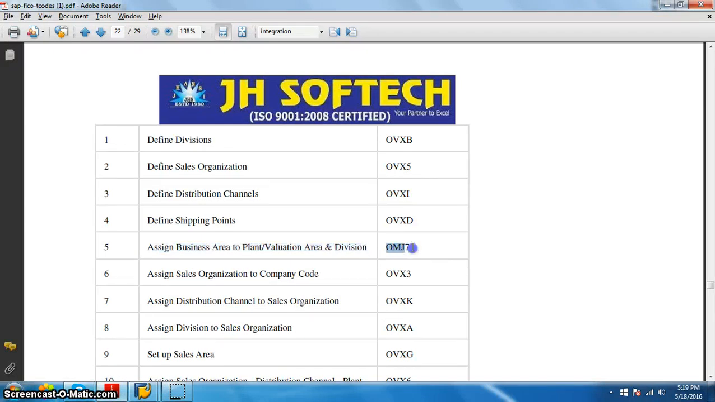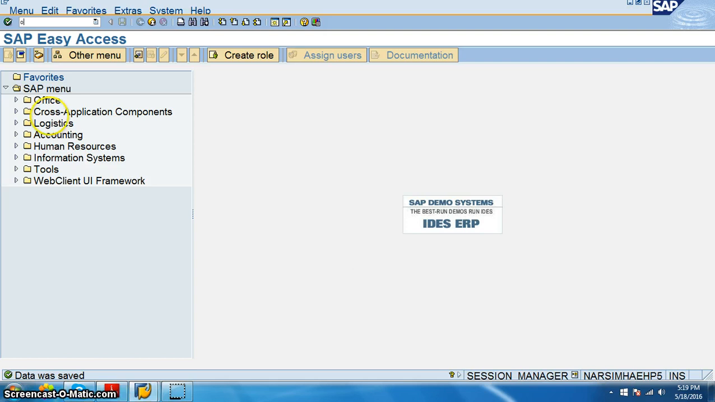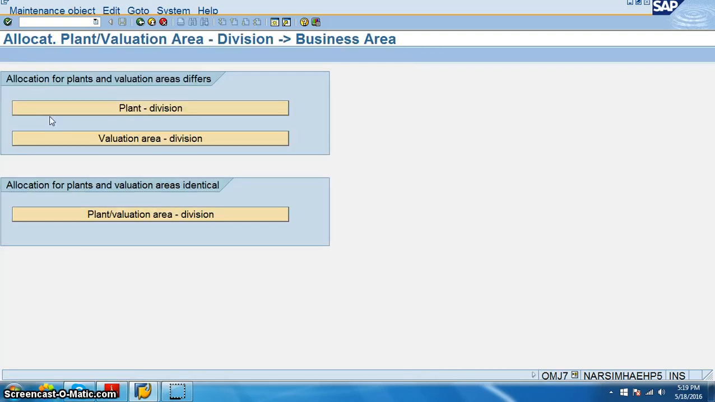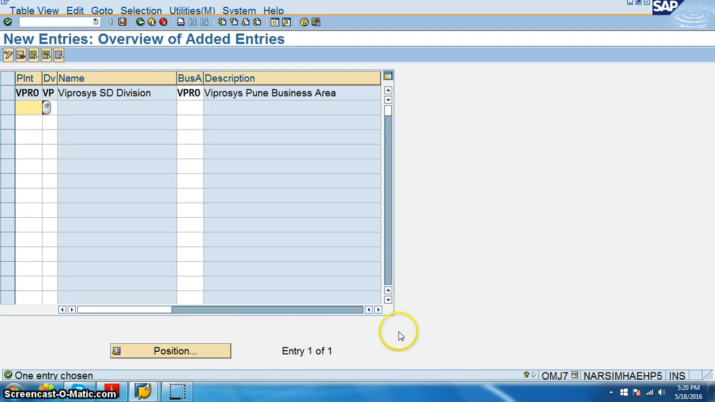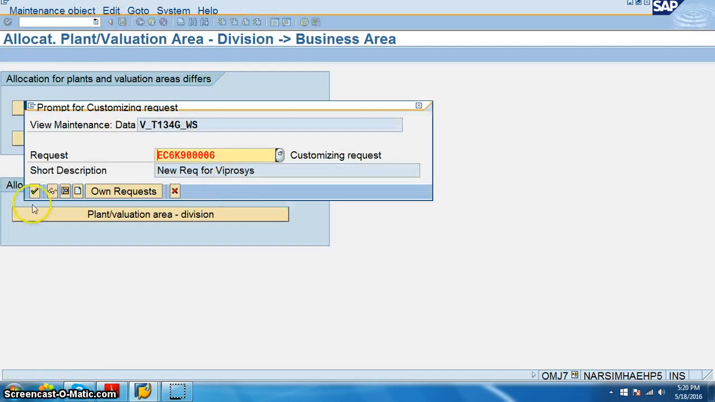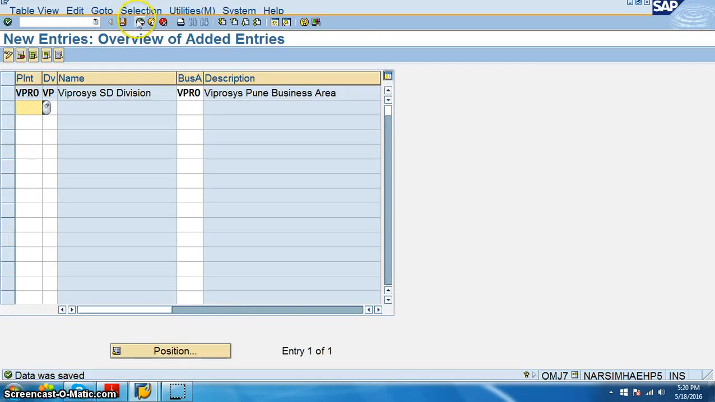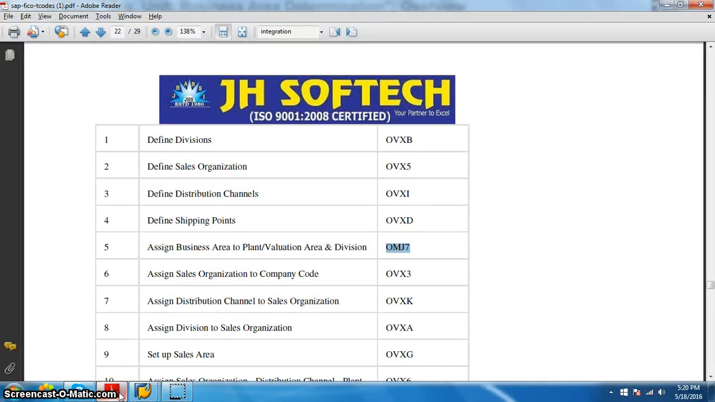and then we have to go ahead with the assign business area to plant valuation area and division, OMJ7. So plant division, new entries, VPRO is already there, division VP is already there, business area VPRO is already there, say enter. And what we are doing here is just assigning the plant to the business area, that's all. Say okay, it's been assigned, and then we are going ahead with the